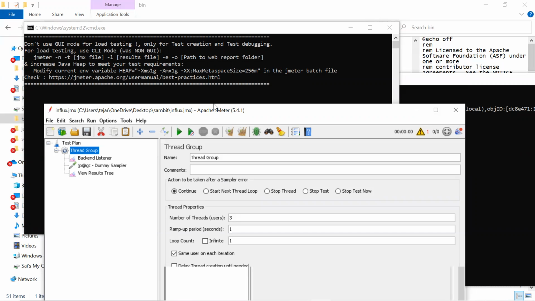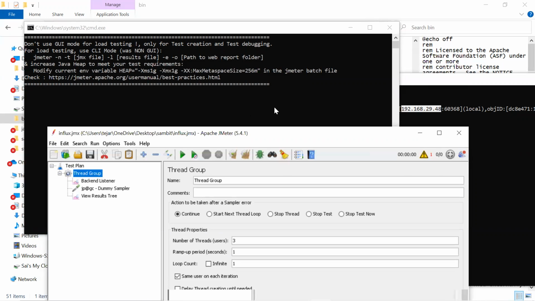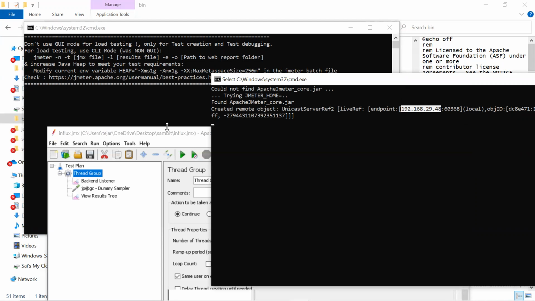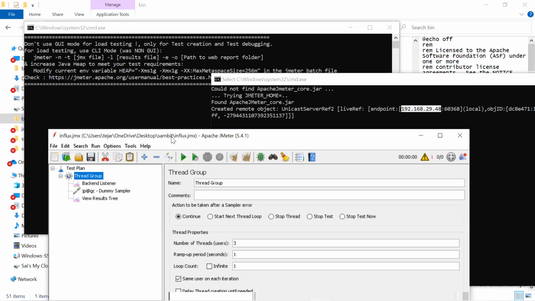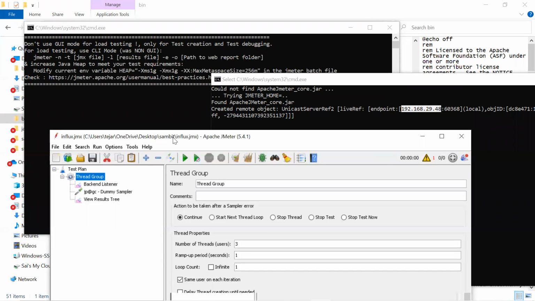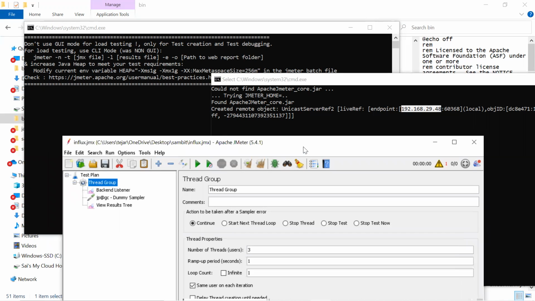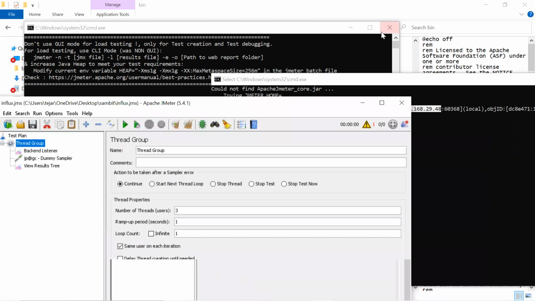This is the IPv4. It is not responding. Let me open it again.